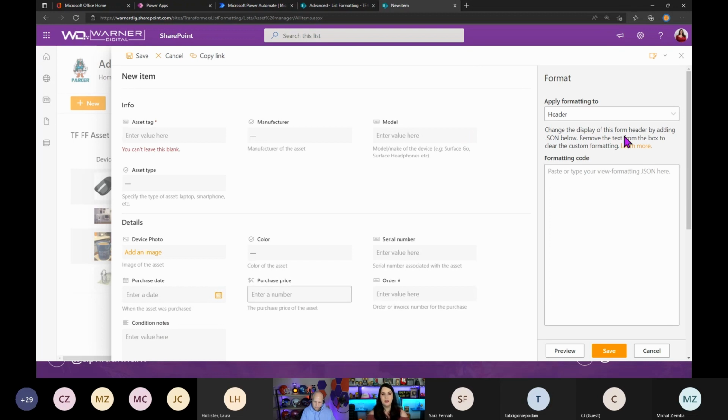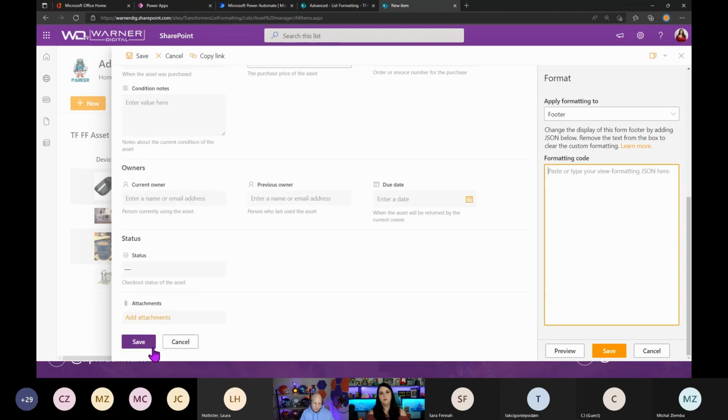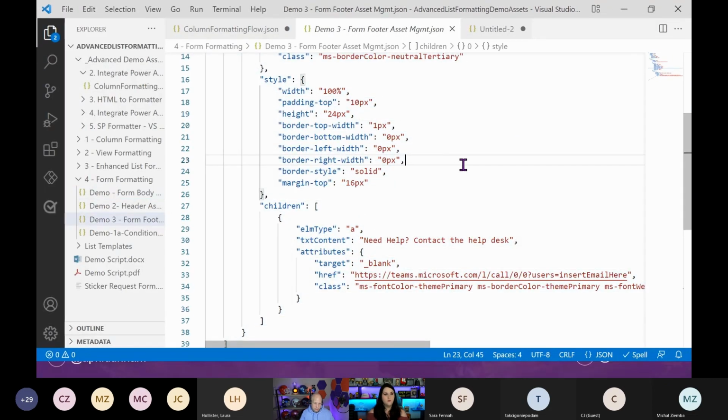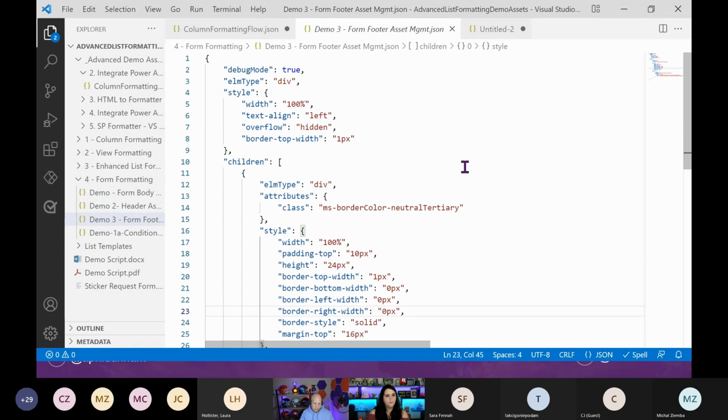What if I wanted to have some kind of footer? So I can simply change this apply formatting to on the footer. Now, maybe if there's a question about this particular asset, I want to be able to direct someone to have a chat to the owner of the asset. That could be cool, just to have a little footer down here with a click here to chat with the asset owner. So if we go back to VS Code, we have this form footer section here where we can